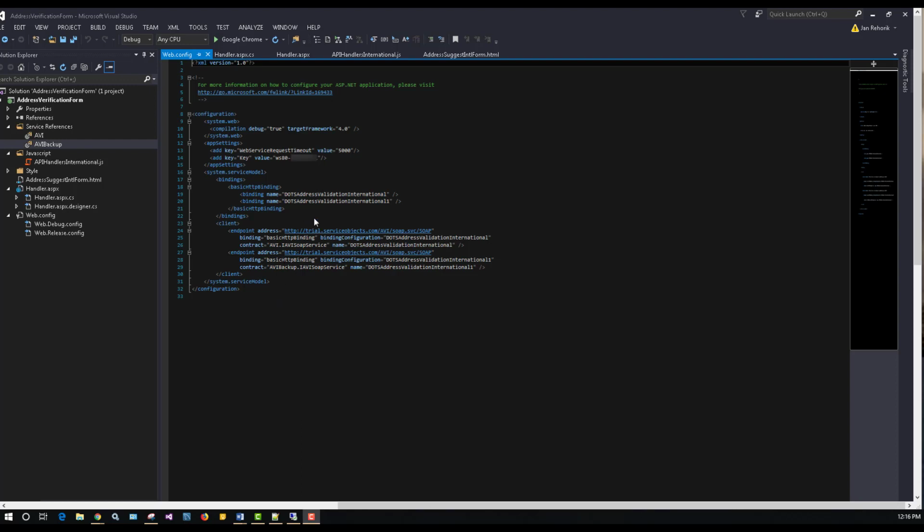Here in the web config file, you're going to see a couple of things. Here we have an app setting key that we set for a value that we can pull in for the timeout, 5,000 milliseconds, 5 seconds, and our license key for our service that we got in the trial signup for Address Validation International. The rest of this is generated code based off of the WSDL that you created with the service reference earlier. So there's really not much going on in here, but the key part is that you have